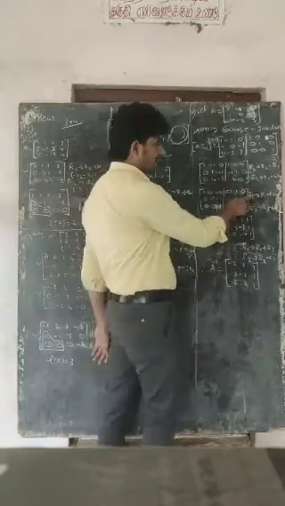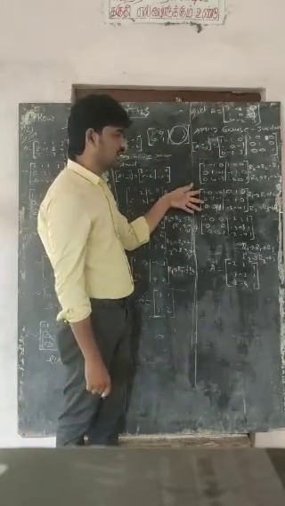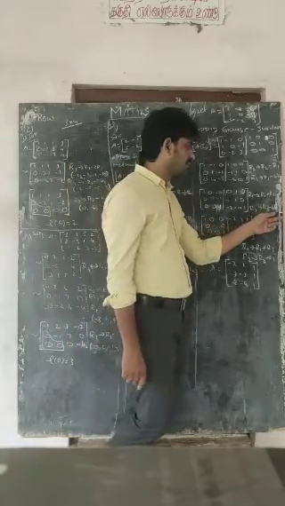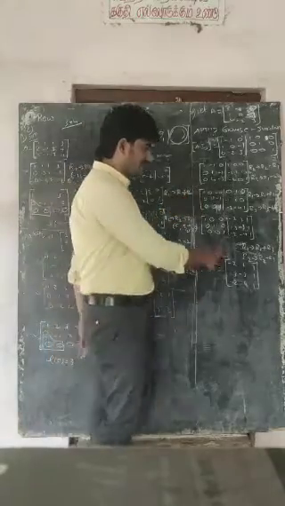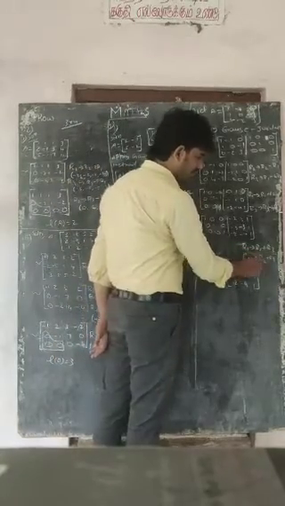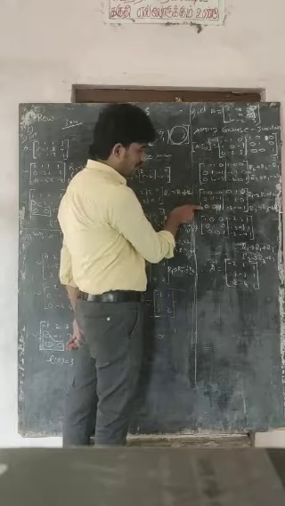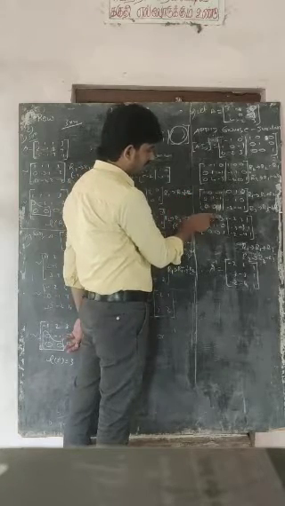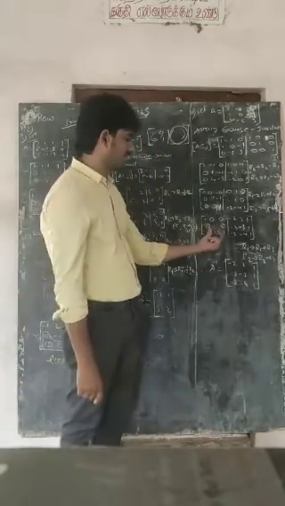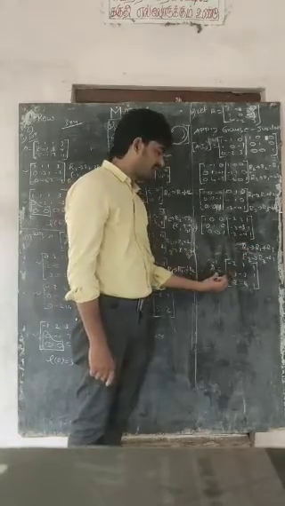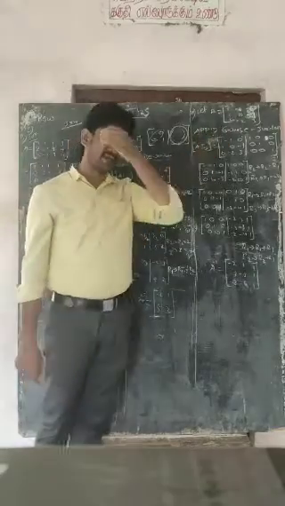Then another step you have to just write R1 tends to R1 plus R2. Add R1 and R2. R3 tends to R3 minus 4R2. You get the matrix. Then a final step you can write like that. R1 tends to R1 plus R3. R2 tends to R2 plus R3. Add R1 and R3. If you add R1 and R3, you get the answer 1 0 0, then 0 1 0, 0 0 1. You get the matrix like that. That is the unit matrix. What is in this place is the inverse. Okay, this is how to find the inverse by applying the Gauss-Jordan method.